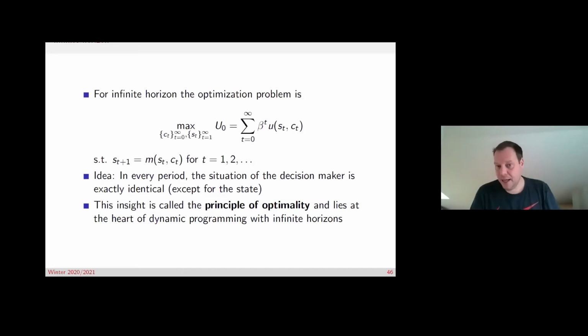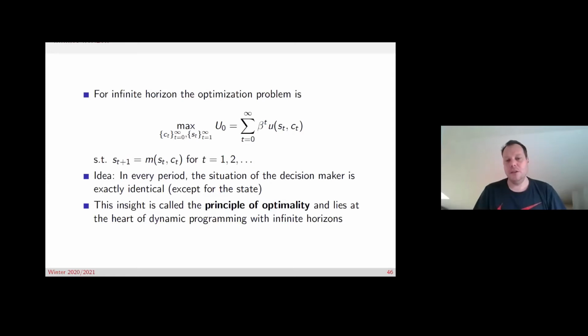And what we assume is that you would come to the conclusion, no, I wouldn't change a thing. Okay, so this is the basic idea, and in technical terms, this is called the principle of optimality, and this is one of the more important insights, I would say, of the dynamic programming problem with infinite horizons, because I think this is the thing that really helps you, and I think also that this is an assumption that just makes it possible to really find a solution to those problems.